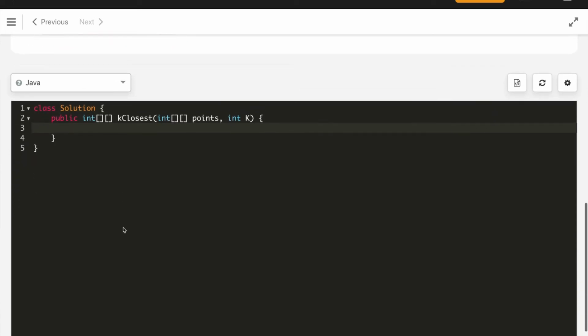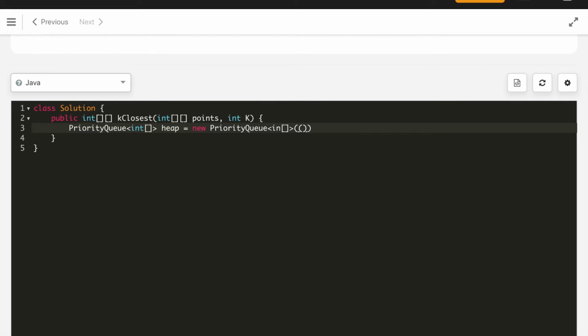So let's define our priority queue. We will use the PriorityQueue in Java, which will consist of an integer array, in which I will add the distance squared and the x, y coordinates of that point. Let's call it simply heap, which is a new PriorityQueue of int array type, and we have to put in the lambda comparator.